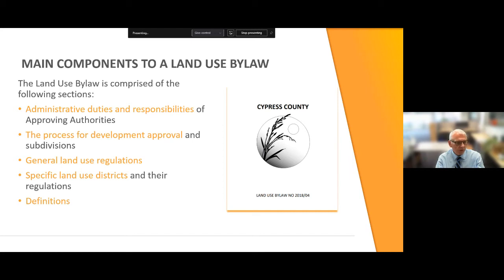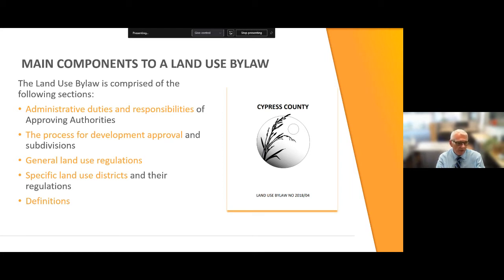What are their responsibilities? And then you look at the process. What's the process for development? When do these administrative responsibilities kick in and what's their roles as part of that process? Is the process clear and is it straightforward? And is there the right of appeal, and when do I have the right to appeal a decision on